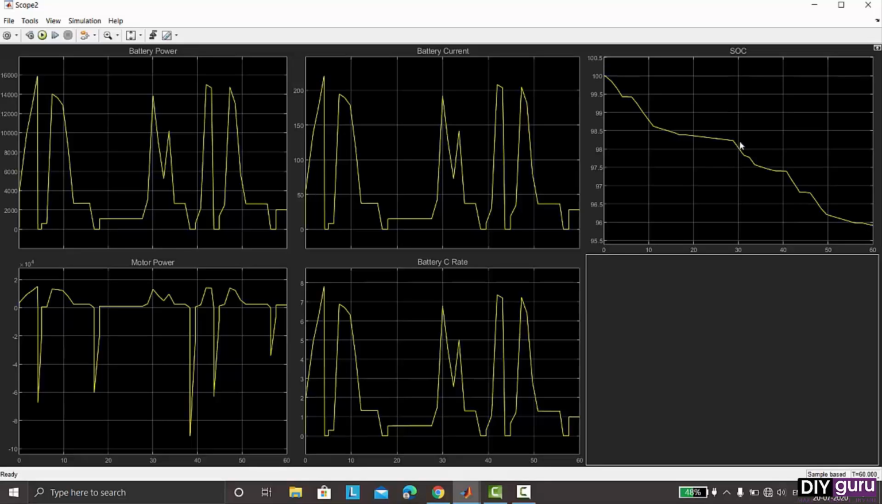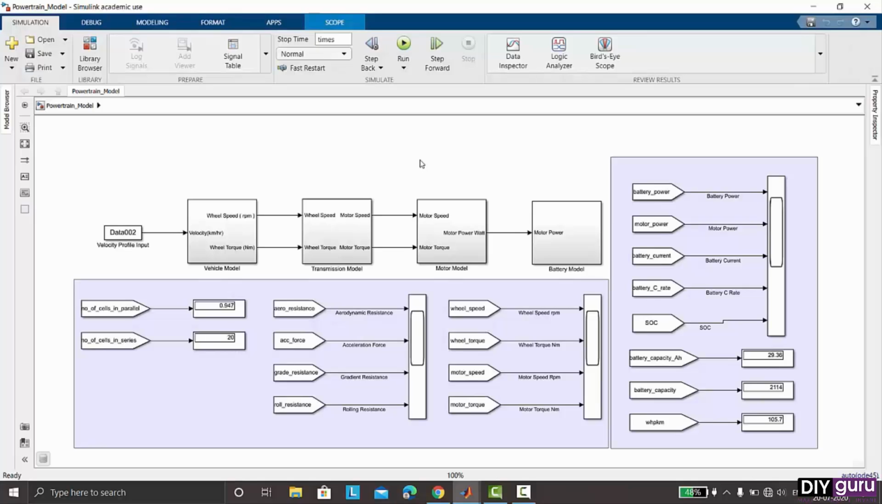The state of charge remaining after completing the complete cycle is around 96%. So 4% of the charge is used in one complete cycle. If we want to change the vehicle parameters like rolling resistance coefficient, coefficient of drag, frontal area, gear ratios and others,